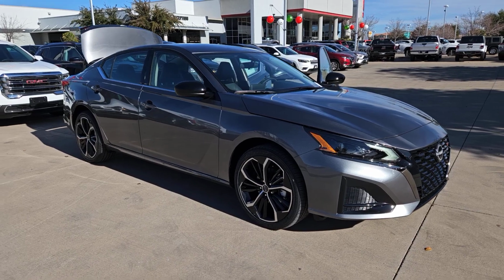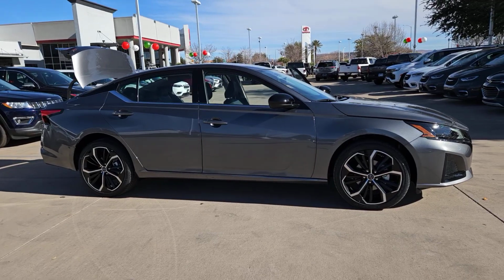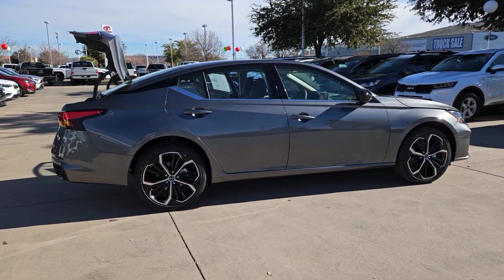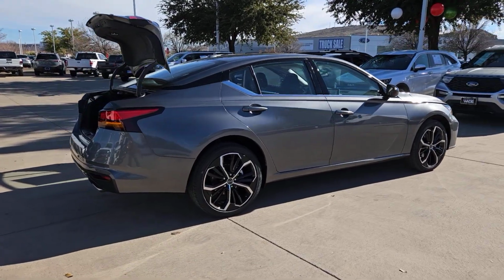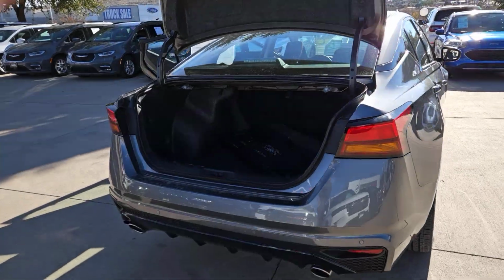Go home happy with the 2024 Nissan Altima. This well-equipped Altima delivers big on style and substance. Spacious comfort, active safety and infotainment tech, available all-wheel drive and athletic performance set this family-friendly midsize sedan apart from